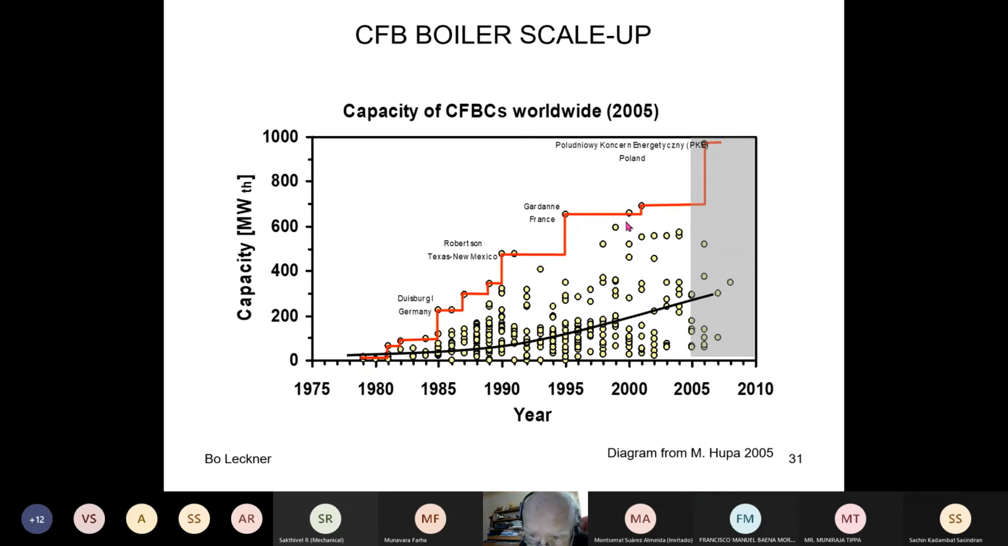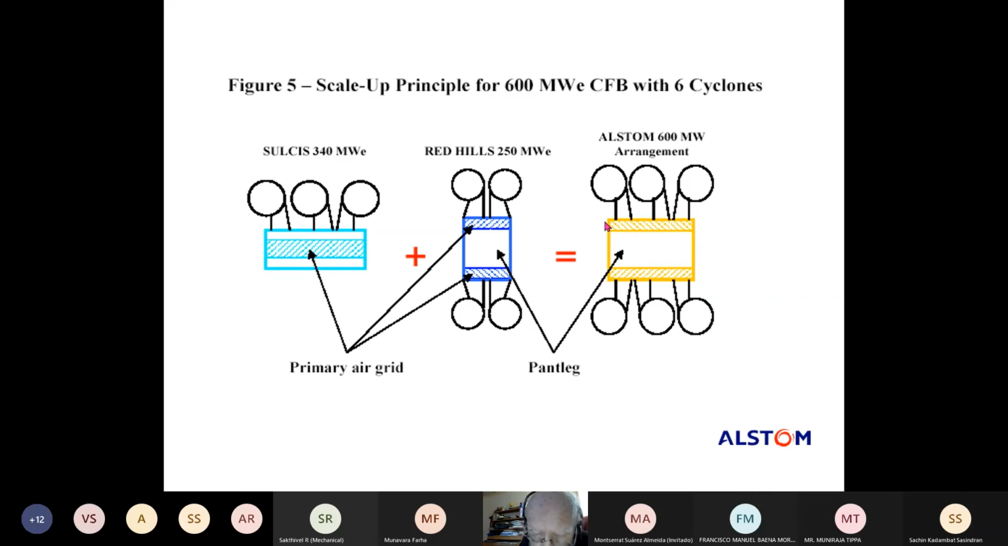So this is one pattern, and the boiler companies explain how they were thinking in the scale up. They refer to various plants here. This is a 340 megawatt electric power plant looking like this. Then they had built another plant with a different configuration, with the cyclones on both sides. And then they added the information they had from these two to design